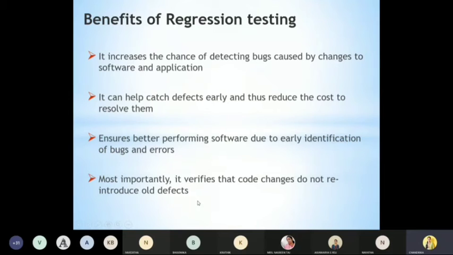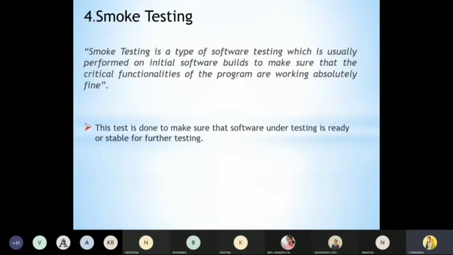Next, the next type of testing is smoke testing. Smoke testing is a type of software testing usually performed on initial software builds to make sure that the critical functionalities of the program are working absolutely fine.